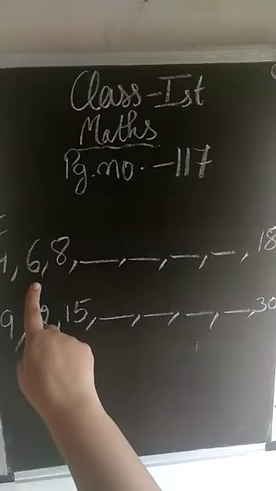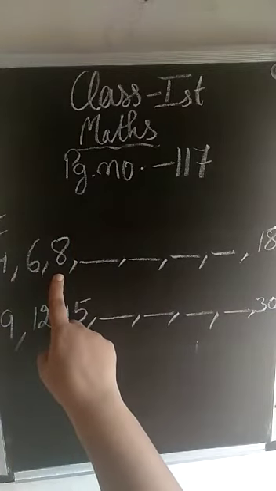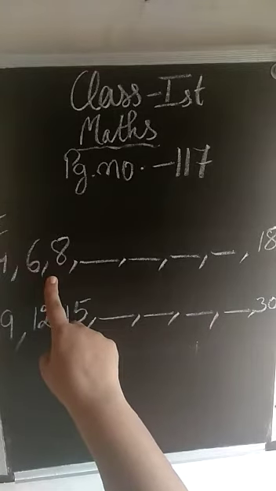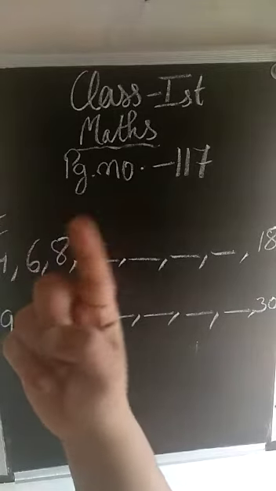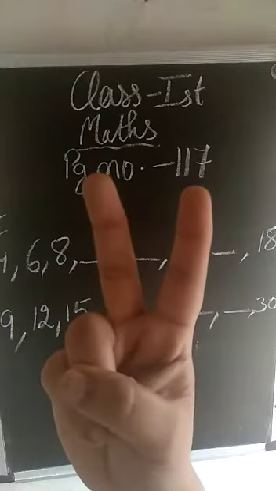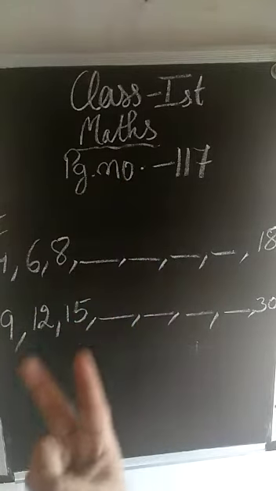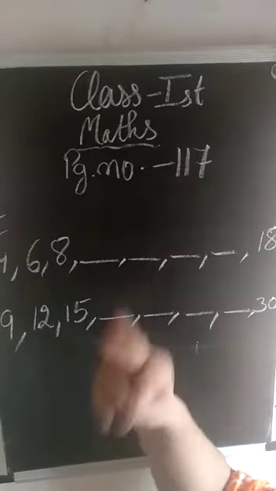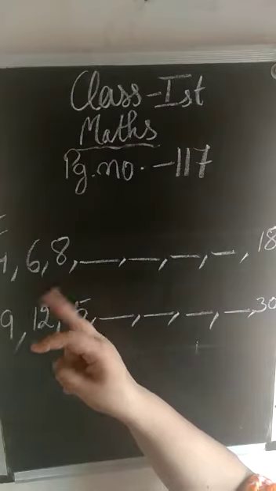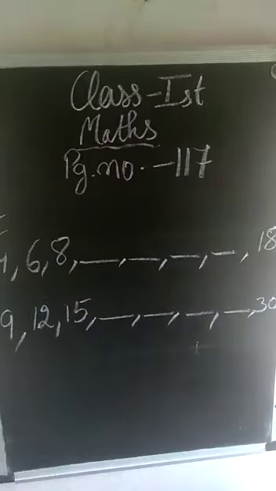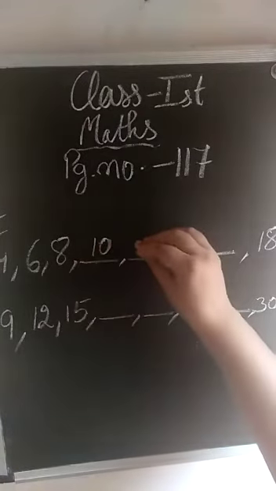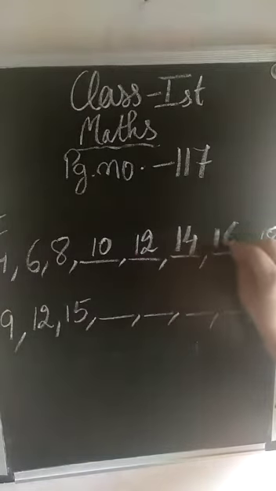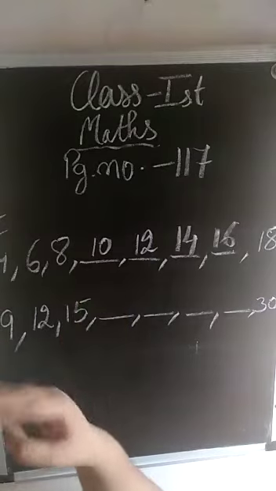Again I will stop here and start counting again to verify the sequence for the second number also. So after 6 what number will come? That will be 6, 7, 8. That means a difference of 2 numbers is here in this first sum. So next number will be 9, 10, 11, 12, 13, 14, 15, 16. Means a difference of 2 numbers is given.